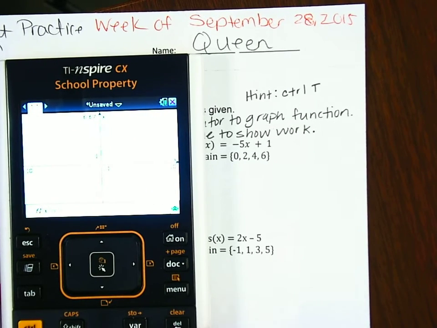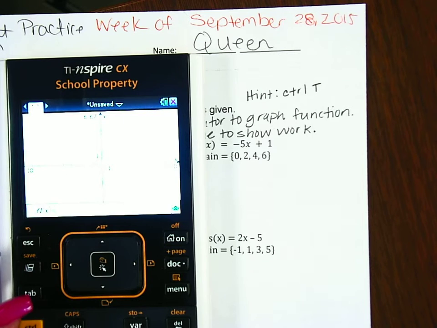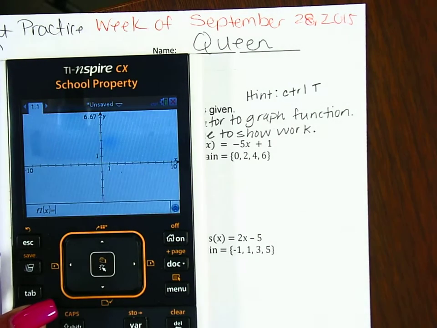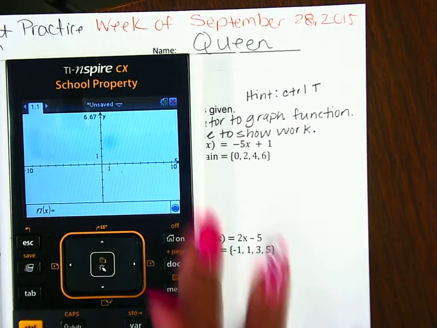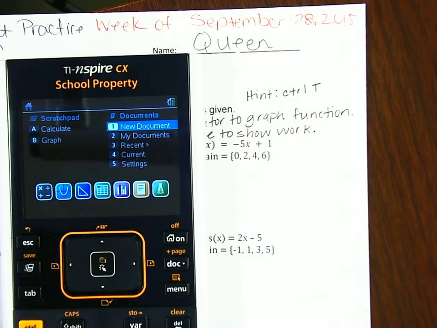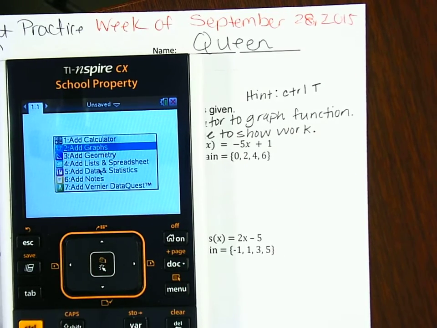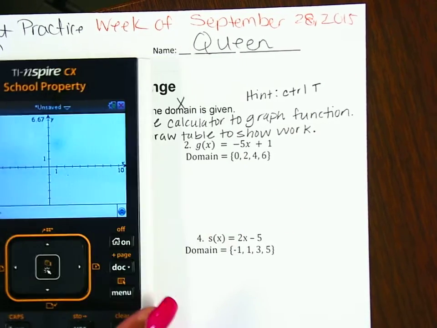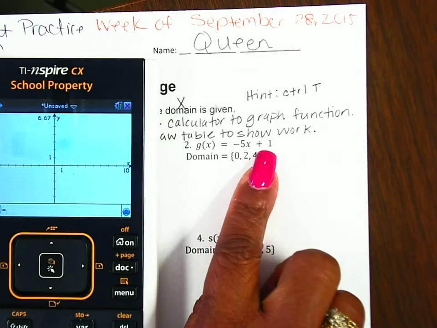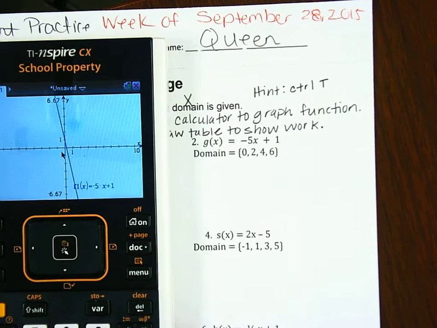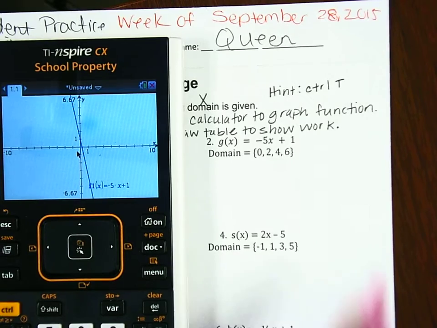Let me start this over so you can see what I did. So I went to new document, enter. No, I don't want to save anything. I want to add a graph. Then I'm going to enter the function. Here, the function is negative 5x plus 1. So I'm going to enter that: negative 5x plus 1. Enter. Remember I said when I go to the table, we have to hit